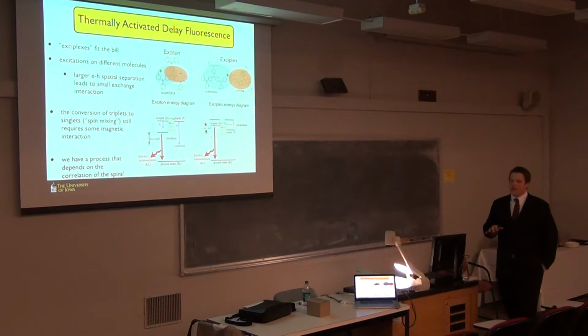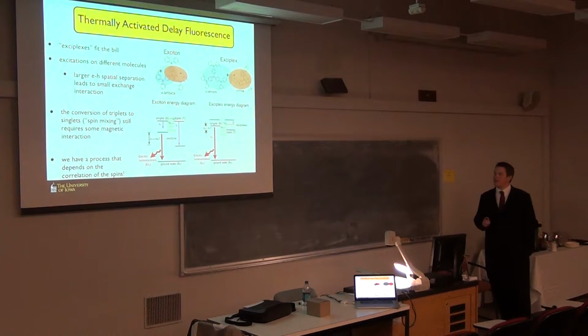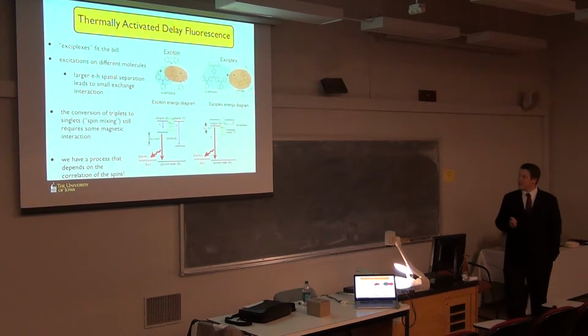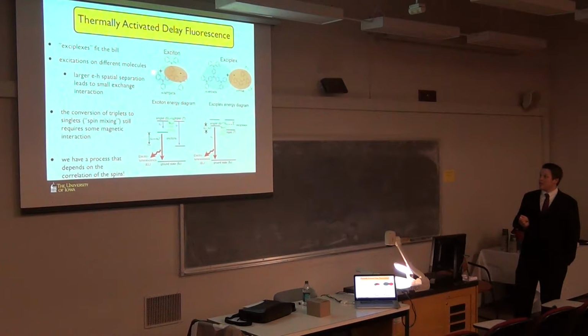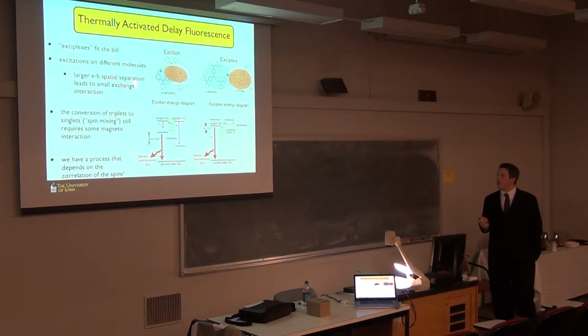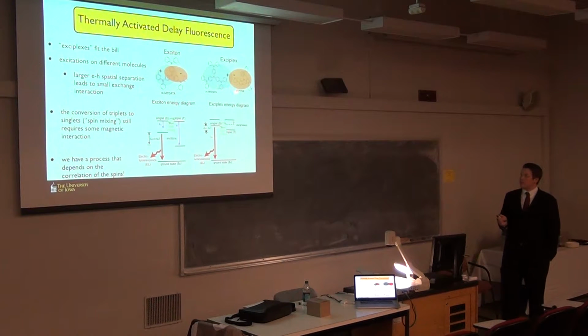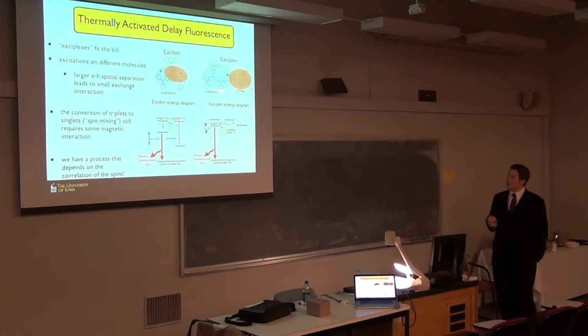So what does this now isn't excitons. It's something called exciplexes. So here's the exciton: here's the positive and negative charge on the one molecule. Exciplexes are positive and negative charge on two adjacent molecules. And you can see why this would change this diagram now. Well, you have much less spatial overlap of your wave functions, so you have a much smaller exchange energy. So your singlet and triplet levels are getting brought together and allowing for this upconversion to occur.